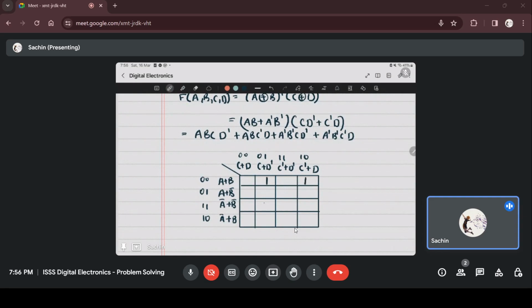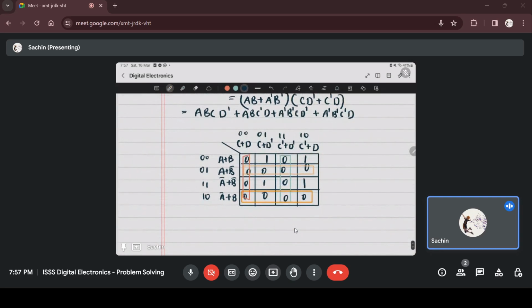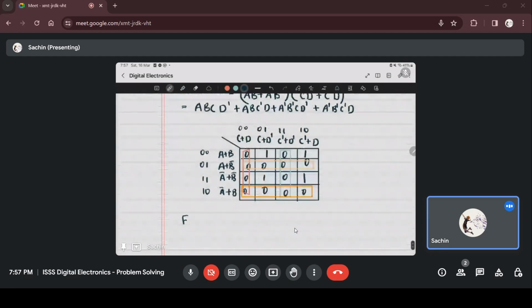Since there are four terms in the sum of products expression, these are the four terms which will give 1. That means the remaining cells are all filled with zeros. So you can easily form 4 different quads, and those 4 different quads will give you the simplified form of the expression,